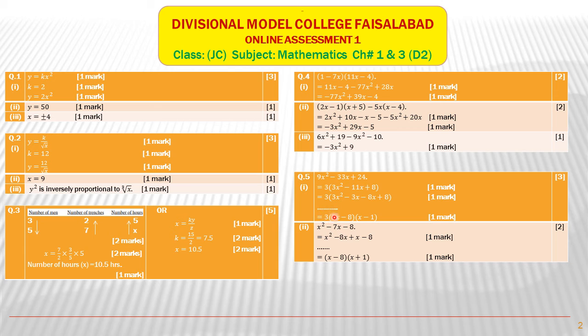If you have not taken 3 common, then you will deduct 1 mark because your final answer is incorrect, and you will award yourself 2 marks. And this is again a quadratic expression, you will first find a number by multiplying the coefficient of x square and minus 8. You will find factors, and then you will choose those two factors which when multiply give you minus 8 and when you add give you minus 7, and you will write the middle term by using those factors, and then showing your working, you will get these factors.